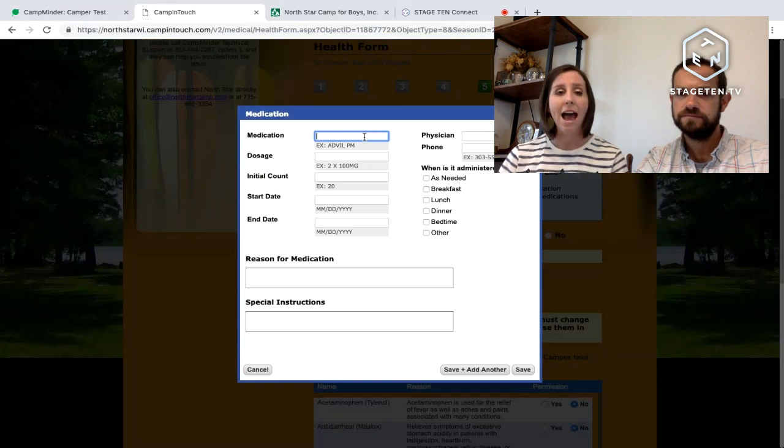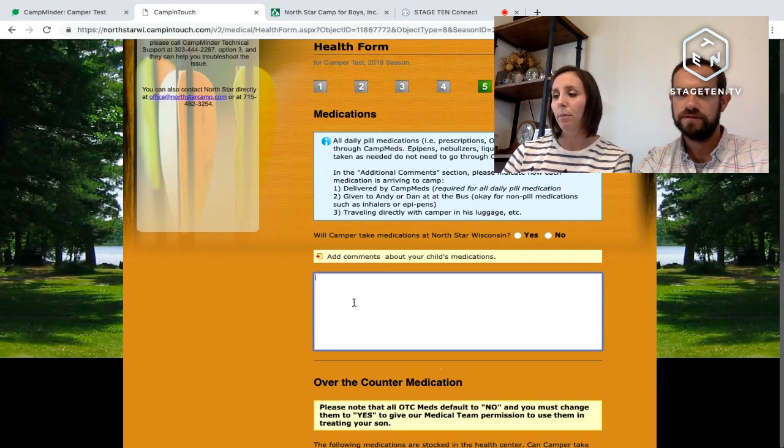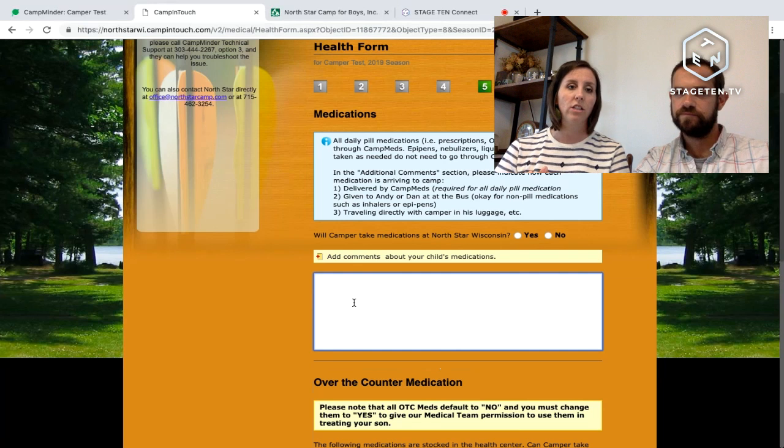The last piece I will mention is that we do want to know how the medication is arriving at camp. So like I said, if it's a daily pill medication and it's going through Camp Meds, please mark in the special sections area, or if you see down below, you can add comments. Please mark in one of these sections how the medication is coming, whether it be via Camp Meds or if the child is going to be traveling with the medication